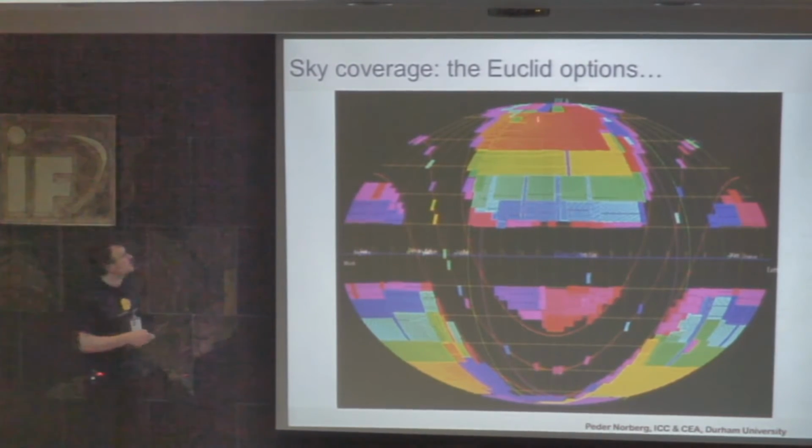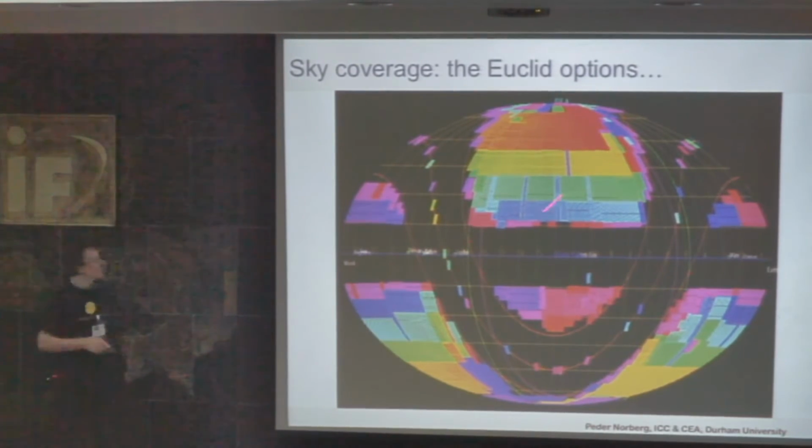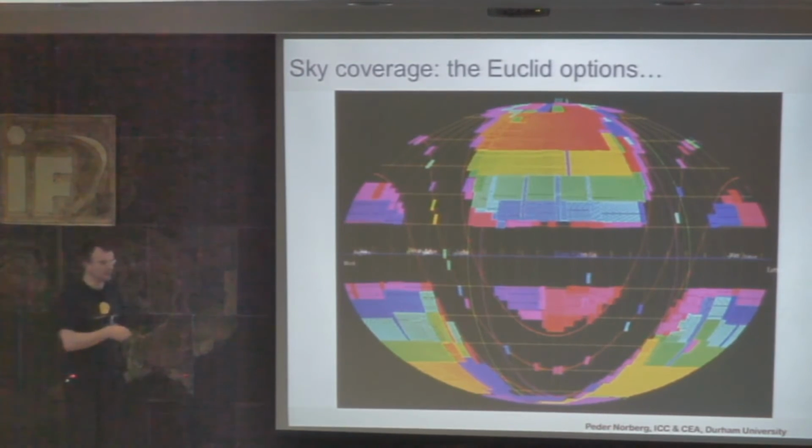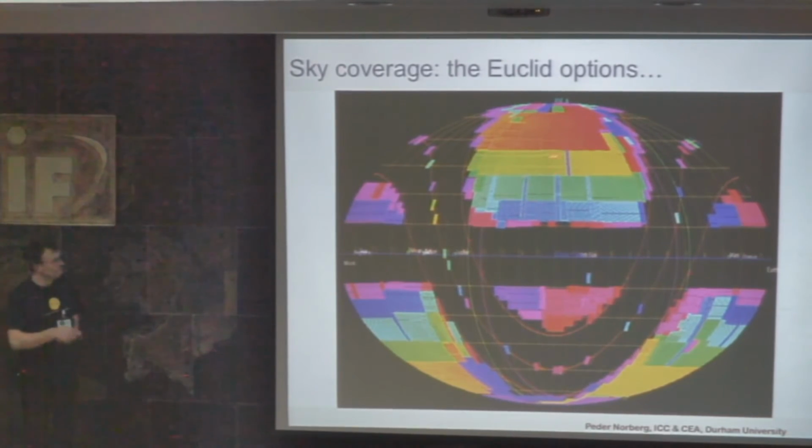This is another thing. This is the Euclid sky coverage. Now, this color coding here is more related to when the data was acquired or will be acquired. This is a plan. They have lots of plans. I'm not going to go into this series of plans. But you have some interesting features coming in.